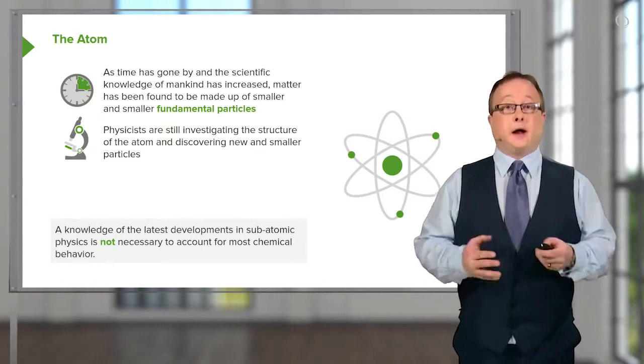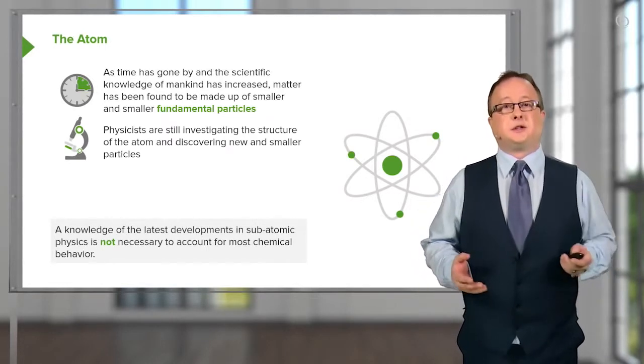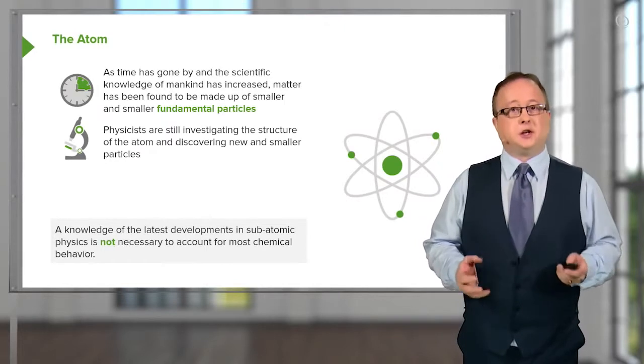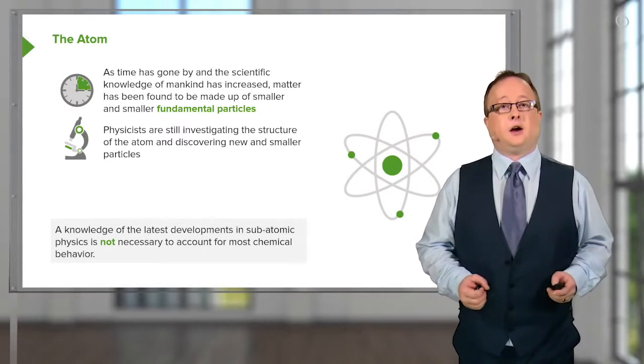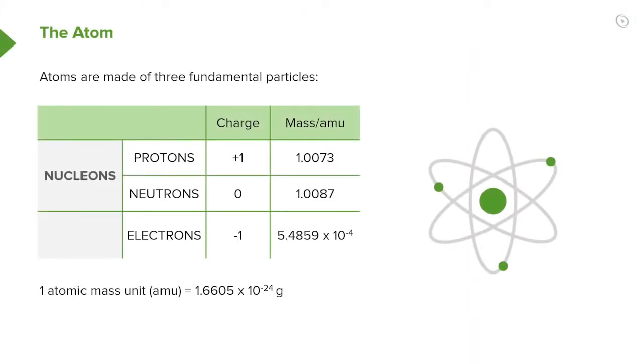Nuclear physics is about how nuclear particles interact with each other. And therefore, a knowledge of the latest developments in the discovery of these fundamental particles isn't necessarily essential for an appreciation of how electrons move around and how ionic, covalent molecules and formula units can be formed, respectively. As indicated in the previous slide, there are certain small fundamental particles, such as leptons and quarks, which are really unnecessary at this level for understanding chemistry. Chemistry at its very heart, as I mentioned before, is about electrons and not necessarily about the nucleus.